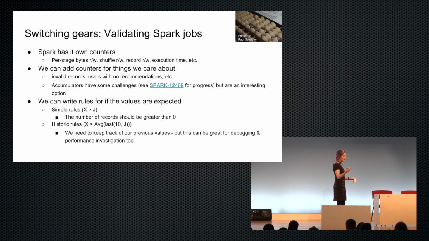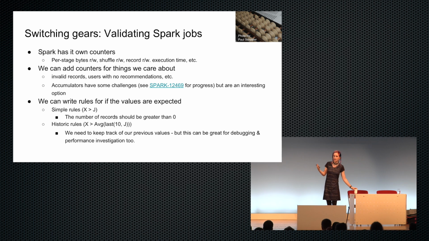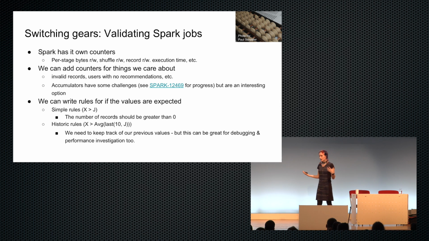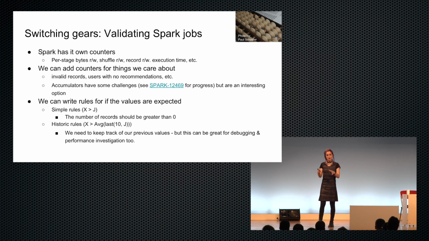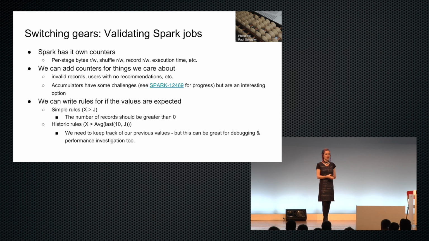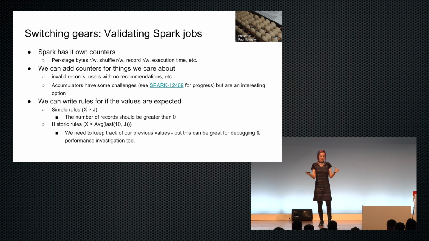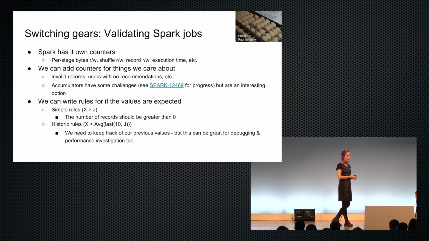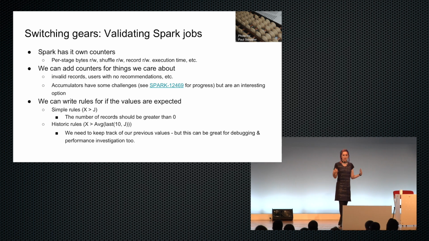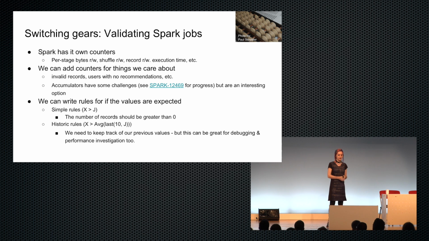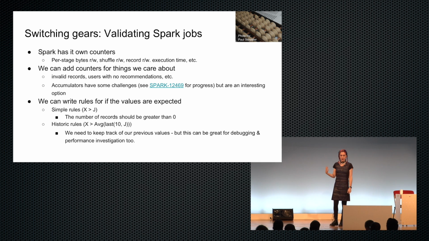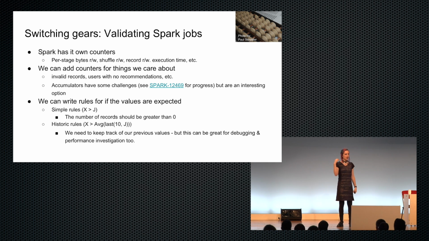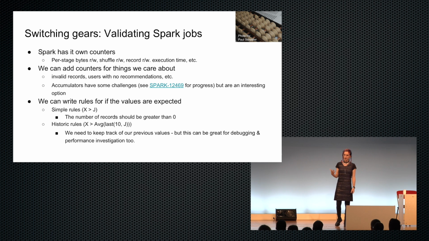And it will change, right? Your upstream data providers, they're giving you data in one format today, and tomorrow they might just drop a field or rename a field, or even worse, repurpose a field, right? They might decide, well, we had this field for the user's income, but I'm gonna change it to some sort of categorical data. And your tests aren't going to be able to catch all of the things that are going to change in the real world. So I think it's really important to introspect our Spark jobs while they're running to try and